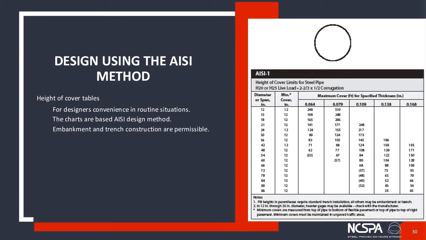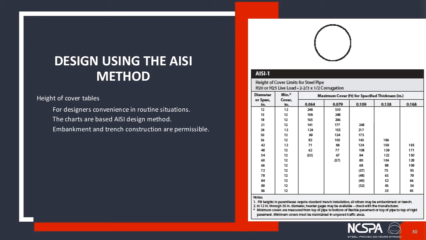The next column over shows what the minimum cover for each of those diameters is, and then goes through the gauge thicknesses that particular pipe would be commercially available in, starting from the lightest gauge, which would be 16 gauge, over to the heaviest gauge of 8 gauge, which is shown in the column to the far right. And so you can just go down whatever diameter you're interested in using, and then go over to whatever gauge thickness you're planning on using, and you can see what the maximum cover limit is that the pipe would be